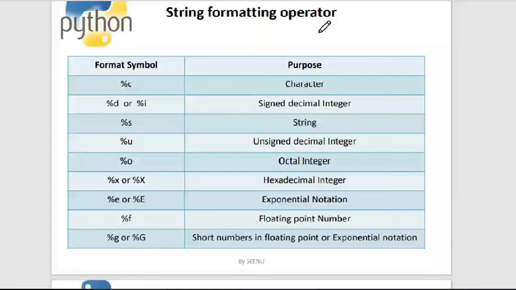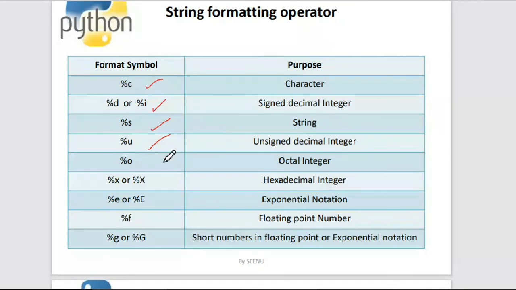In the examination, if they ask you to give examples of the formatting operators, this is the table that you have to produce. %c is for character. You can associate this with the concepts you have learned in C programming, the same concepts, nothing new. Then %d and %i are used to represent signed decimal integers. Everything, unsigned and signed, comes under this category. %s is for the string, and %u is for unsigned decimal integers, like addresses, which come under the category of unsigned decimal integers.